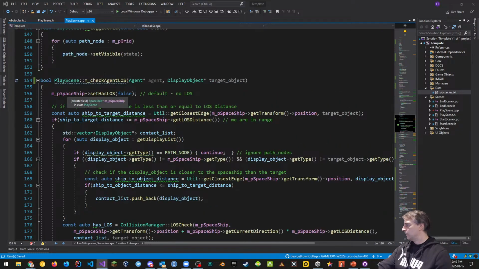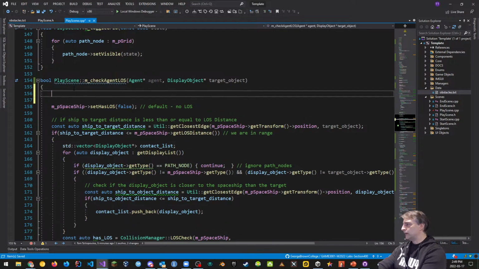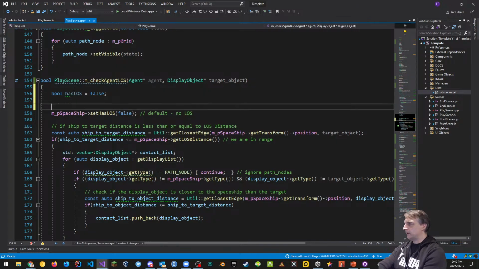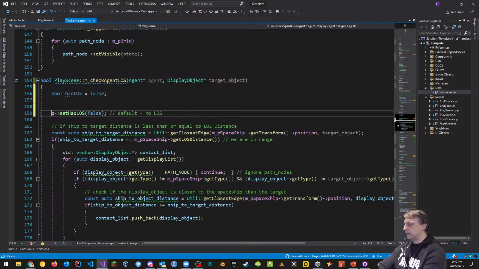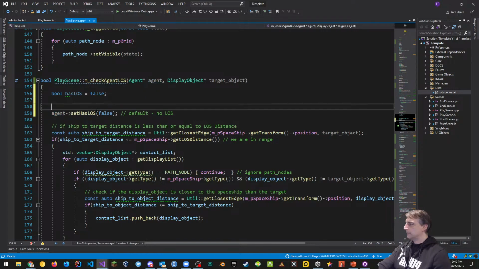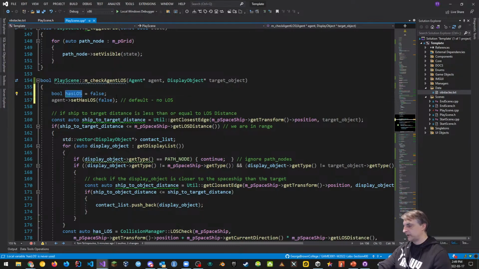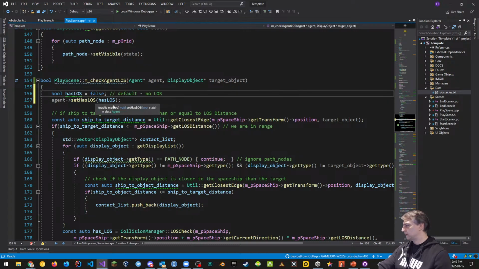So up here, we had our spaceship, the one that we're going to check. And let's start off with a basic Boolean. So we're going to say bool hasLineOfSight, that's going to equal to start with false. And we're going to say that whatever the agent is this time, so instead of spaceship, because spaceship is too specific, let's put in agent in here. Agent line of sight, as an example, the default is false. And we can take this default of, imagine the agent doesn't have line of sight by default. That's what we're saying here.